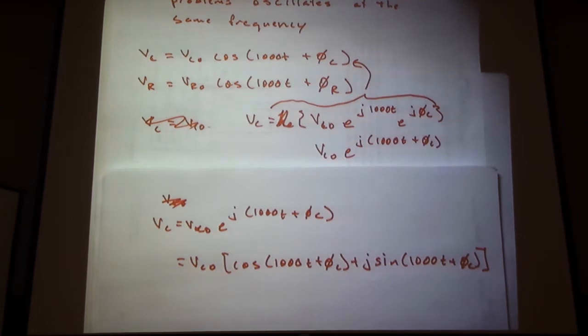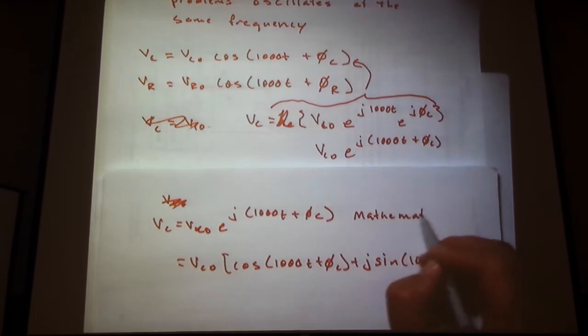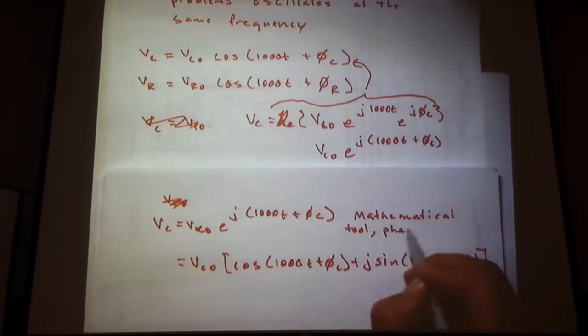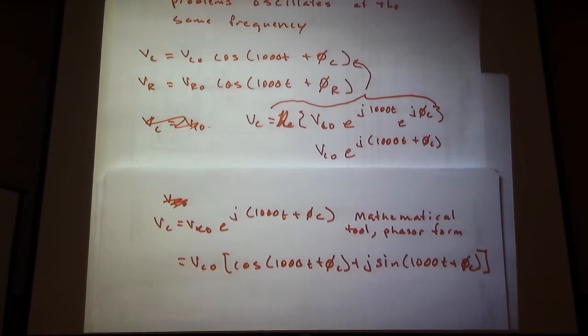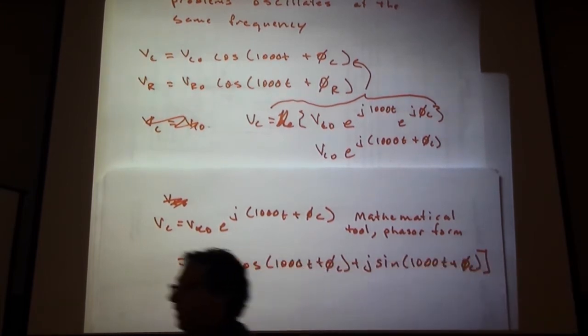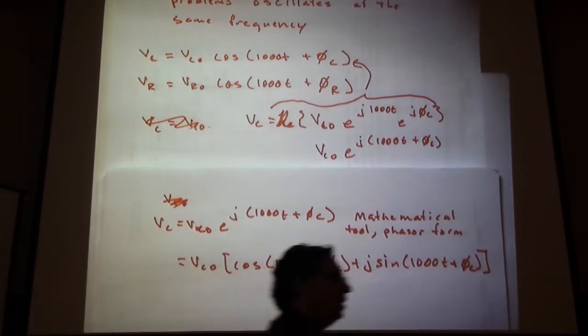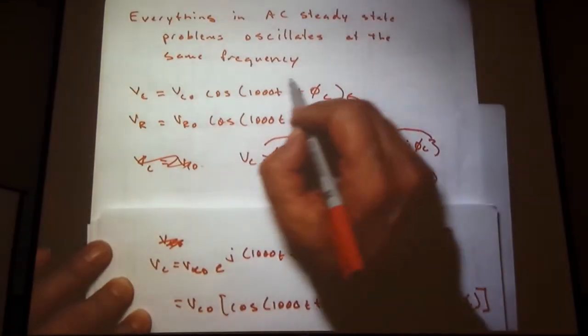is our measurable part. This is a mathematical representation, a mathematical tool, phasor form. So we have this complex exponential, and again, we saw this with underdamped cases, but if you went through the trigonometry in the underdamped case, the complex exponential would actually go away. Here it doesn't. So we can represent our voltages and currents using these complex exponentials, but when we make a measurement,